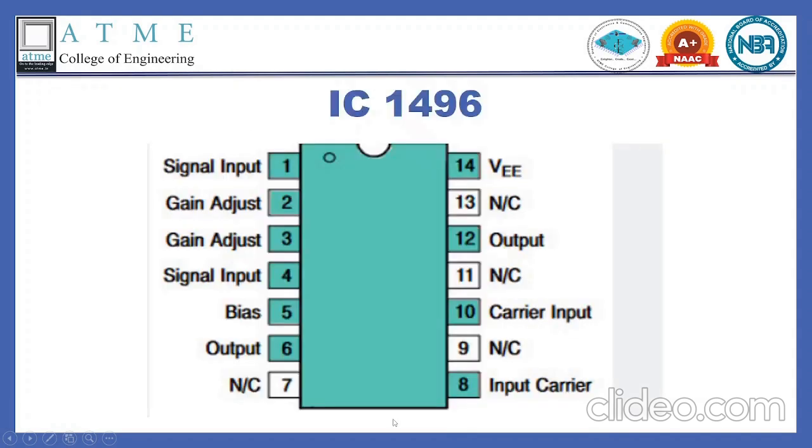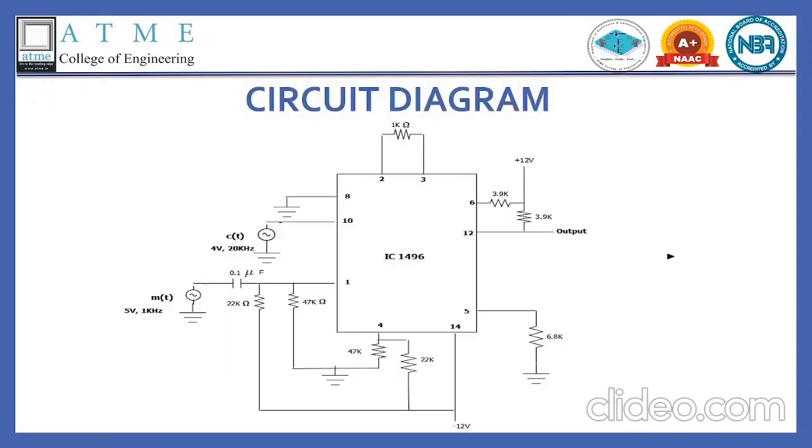Pin number 14 is connected to VEE, that is the negative supply. So through this biasing circuit, we will be connecting it to the negative supply